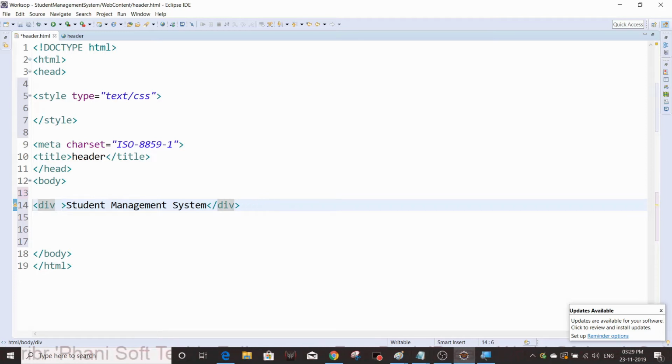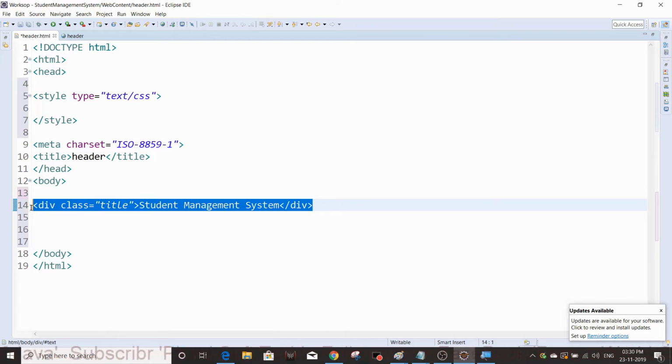We can use two types. We can use id for reference purposes, or you can use class also. Class equals title, simply title. Now I'm going to apply some styles to this division tag.